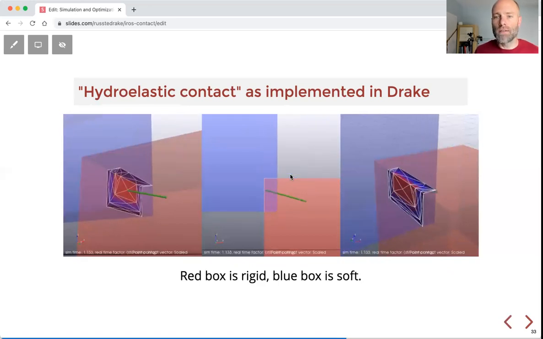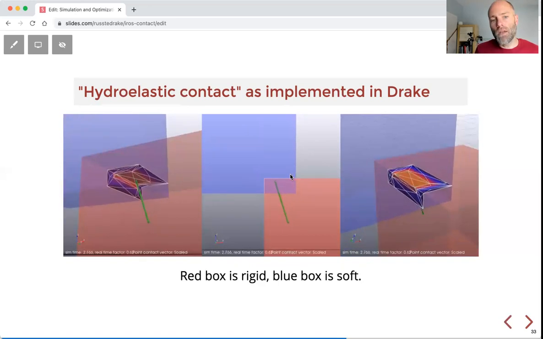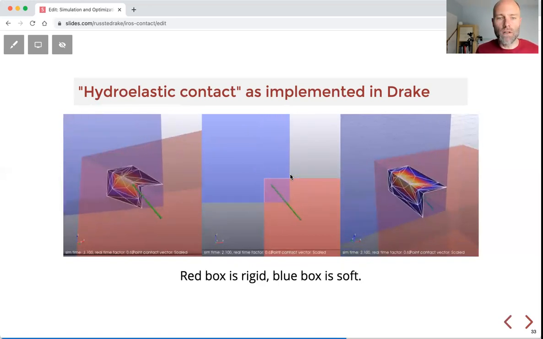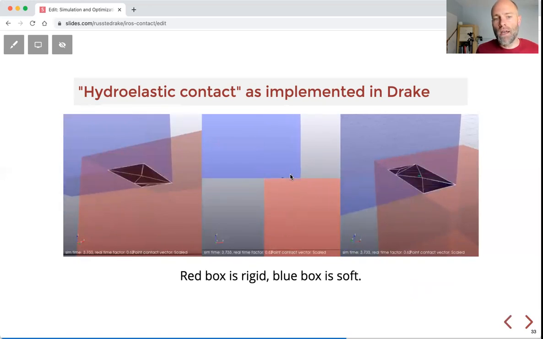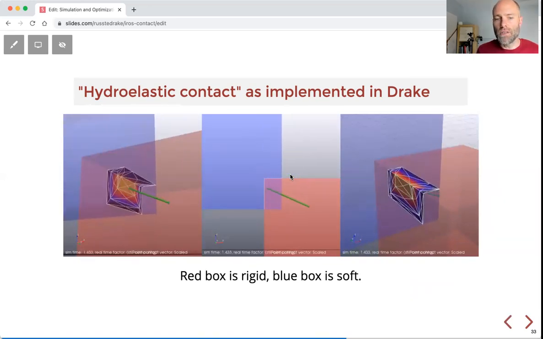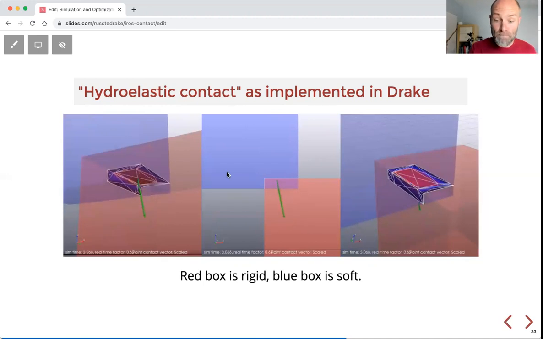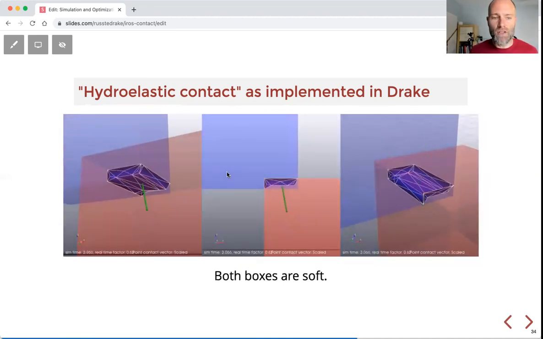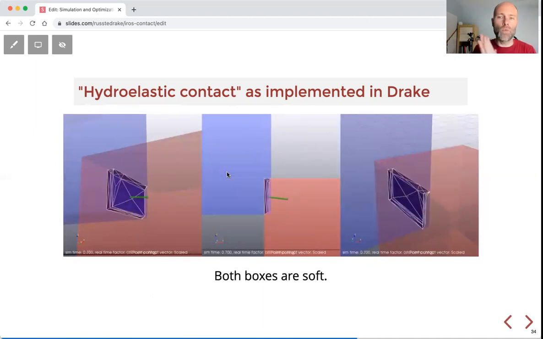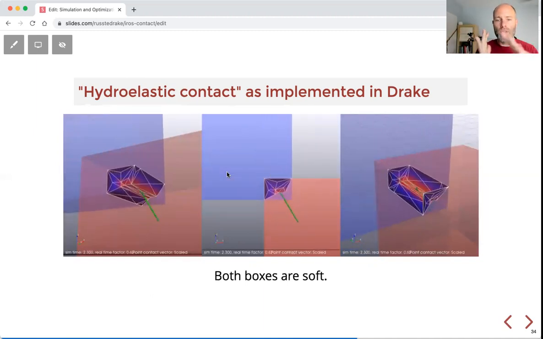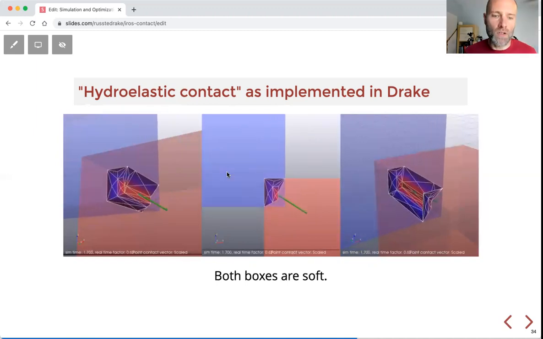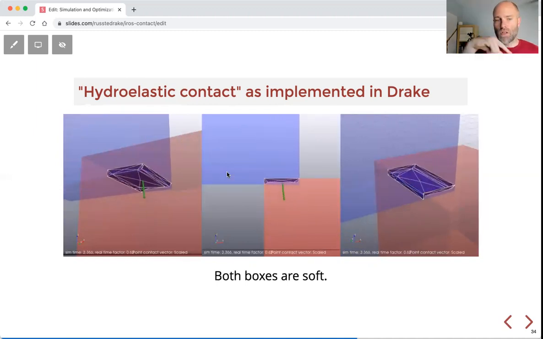which we can summarize as a wrench, drawing it anywhere. We choose to draw it at the centroid of the contact patch, and it's beautiful and stable and good. And the simulations come out a lot better. This is a case where both the red and blue boxes are soft, and then the contact surface that we compute is a compliant surface that sort of balances those stiffnesses and works in the interaction somewhere in the intersection.